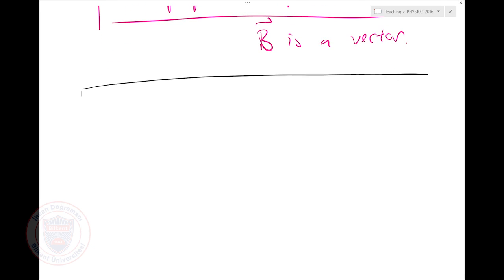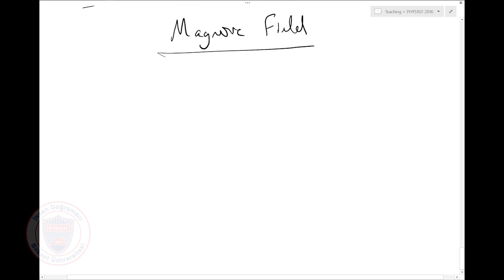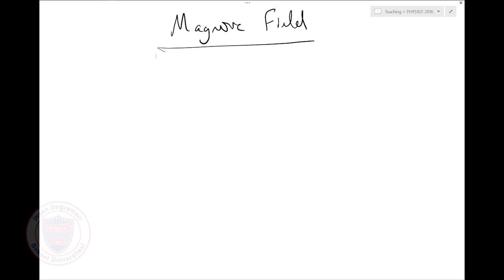What was the previous chapter? What was the chapter before that? We talked about magnetic field itself. And how did we actually know that there is such a field? Because it exerts forces on currents and moving charges, right? So